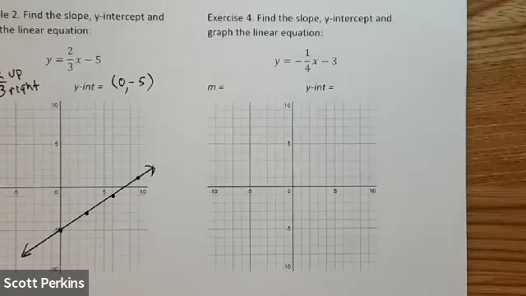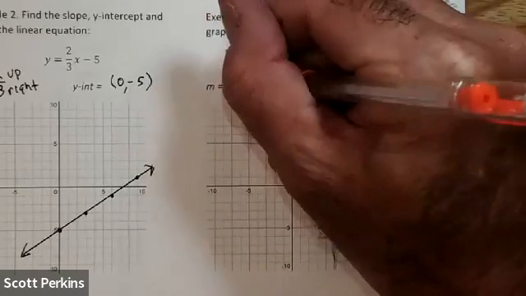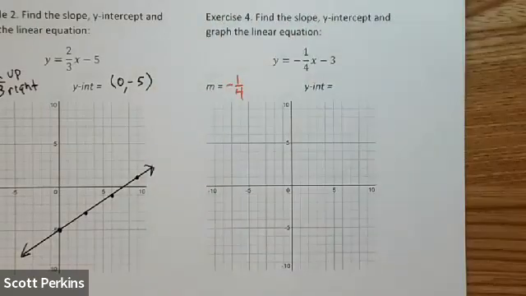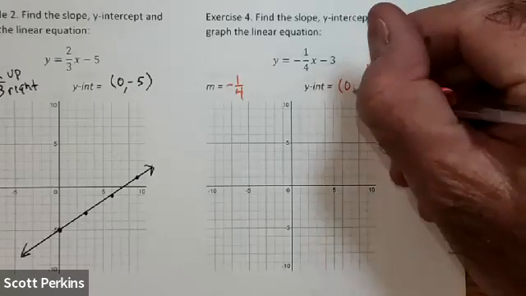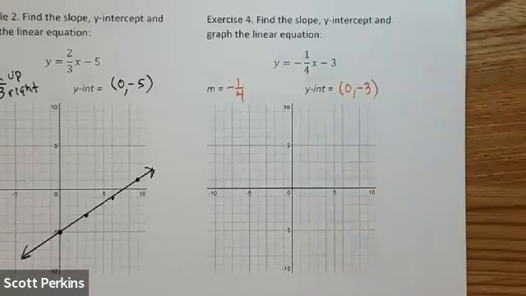What's the slope of this line? -1/4. That negative is part of the slope. We're going to talk about that in a minute. What's the y-intercept of this? 0, -3. Great. Now, the reason I asked you to pause on graphing it is because the question always arises,